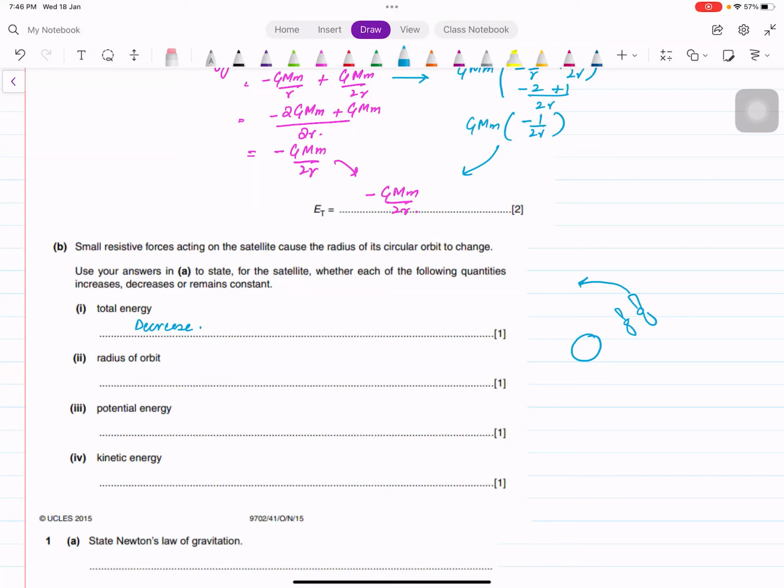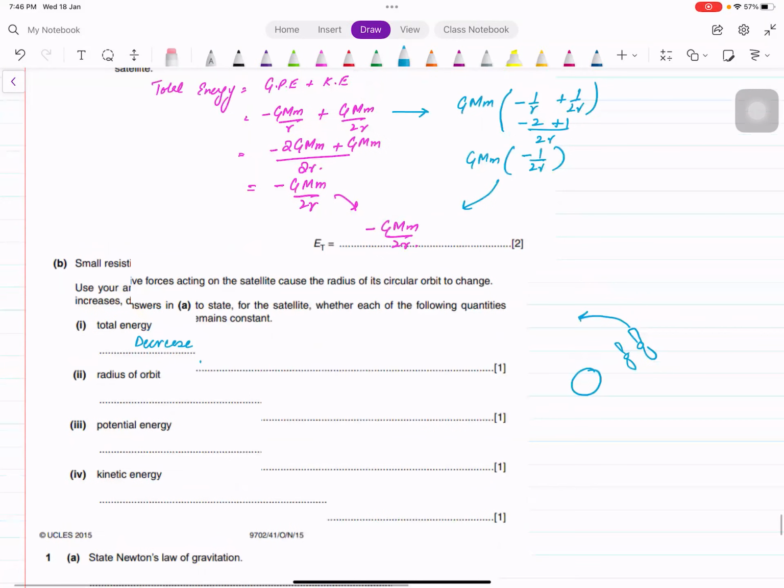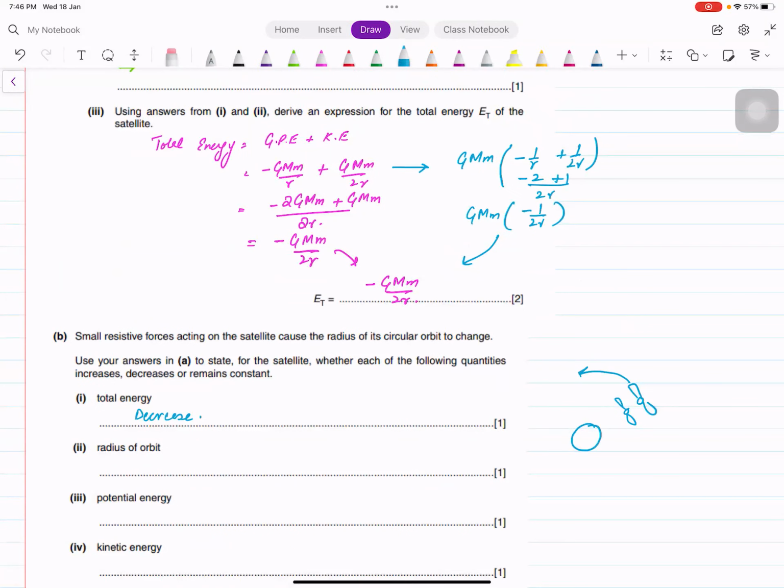Why does it come closer to Earth? Because you need to understand that the resistive forces are causing it to slow down. Actually, it doesn't just slow down. What I'm saying is that it comes down from that point, because the force to make it move like this